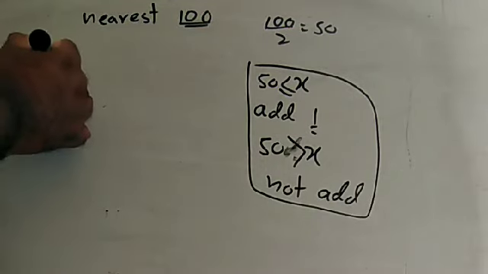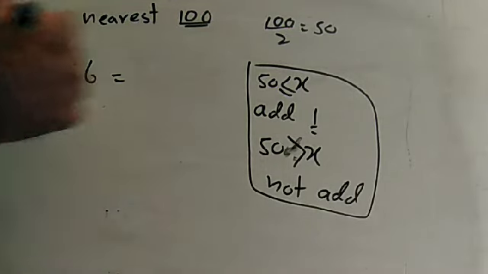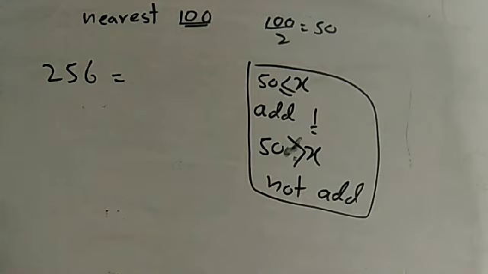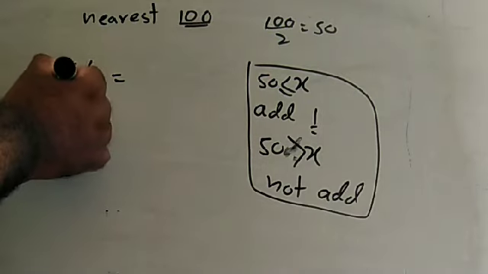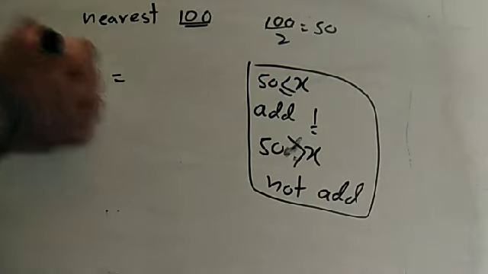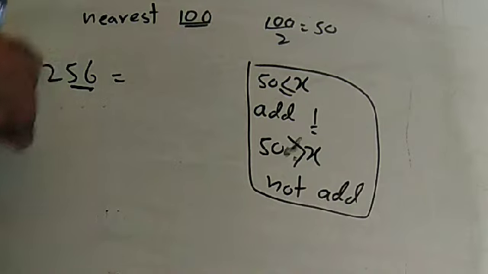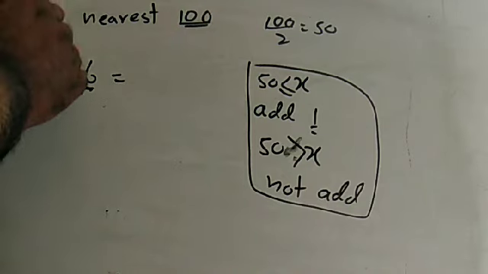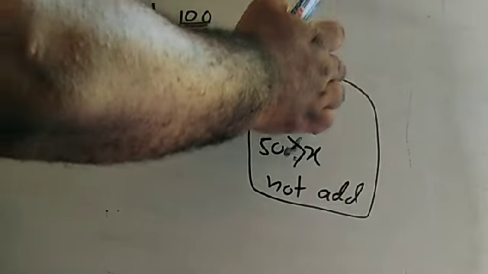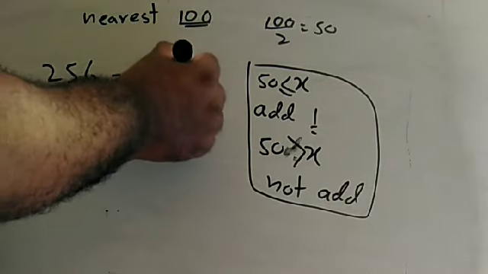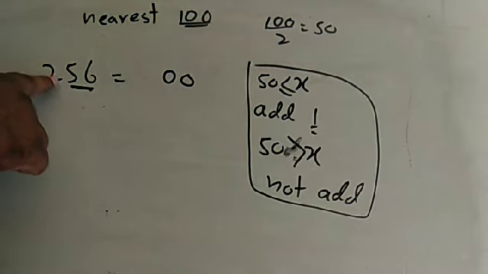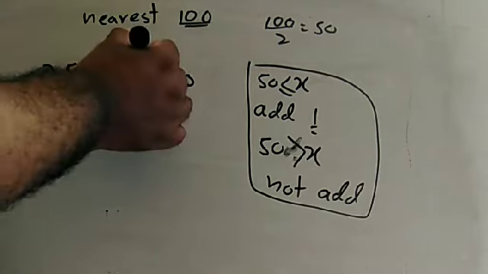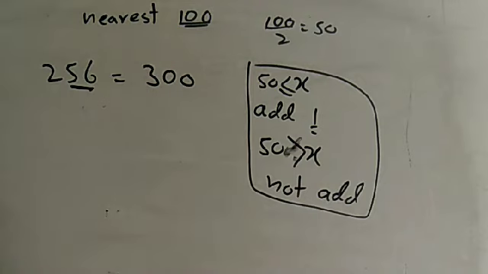Right, look at this, then 256. When rounding off to the nearest 100, the middle of 100 is 50. Now you should take the last two digits. 56 is above 50. Above 50, add double zero. For 56, add double zero. Now add 1 for this. Then 2 is there, 2 plus 1, 3. Then 300. Right, another one.